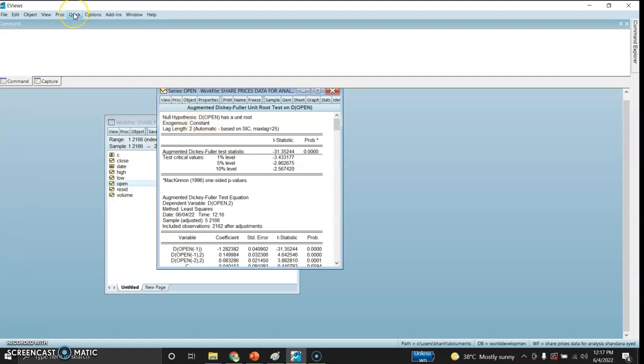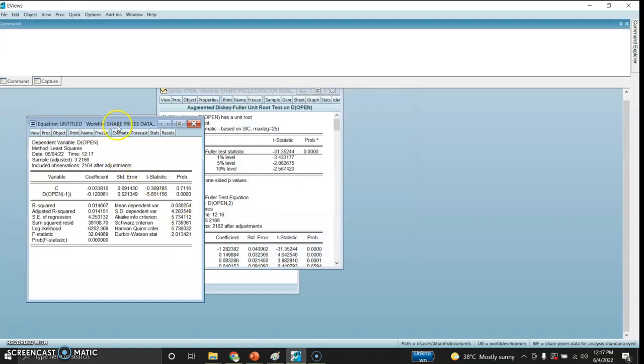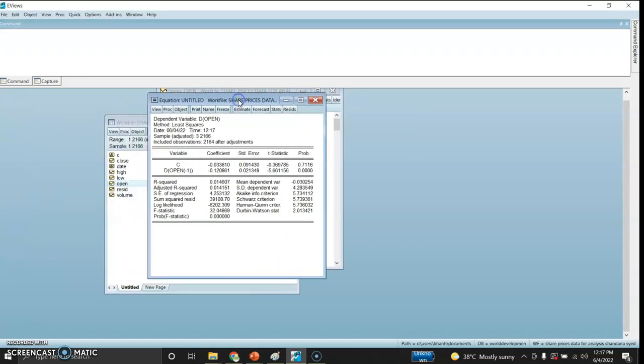AR1, that is autoregressive of order first. So I will go to quick and then equation, and here I will write this equation, and so if I click this, here is my estimated model that I estimated with the least squares. Now this data is not meaningful in its way, so I will check its